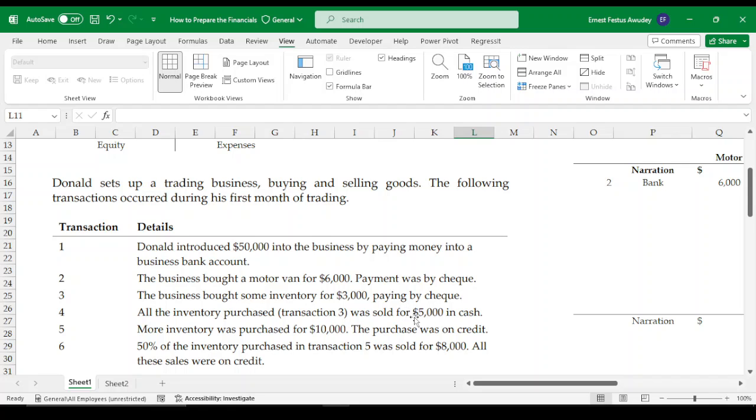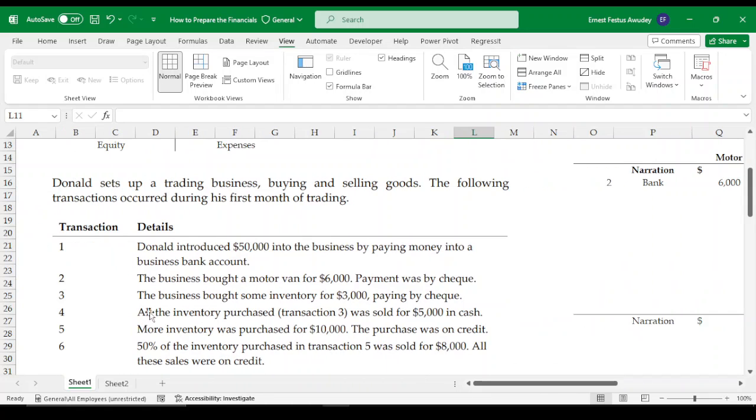That means they were sold at a profit of 2,000, but we are not interested in profit elements and all that. We are just recording the transactions at the amount that is stated in the transaction. So in this case, we are going to use the 5,000. All right, so all the inventory purchased was sold for 5,000. So what we do is that